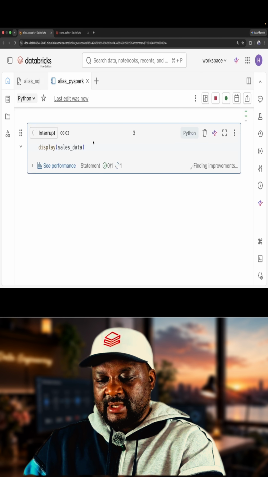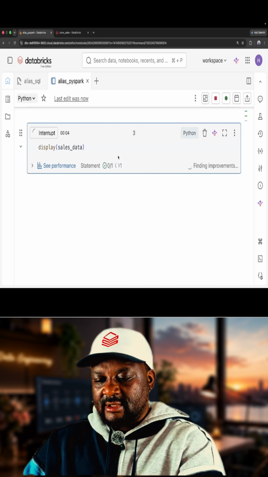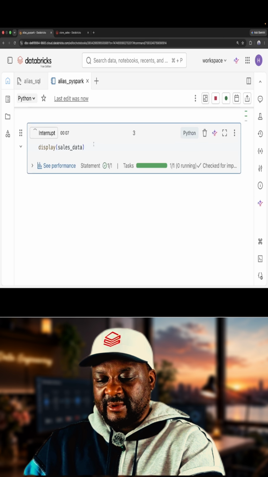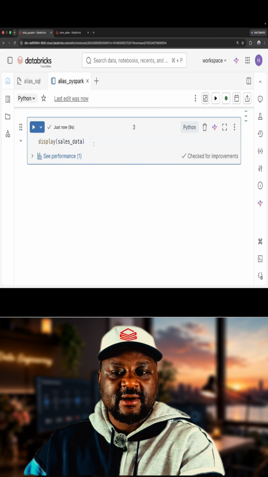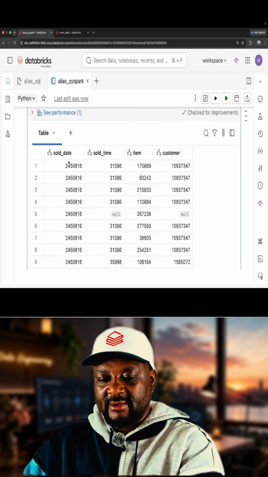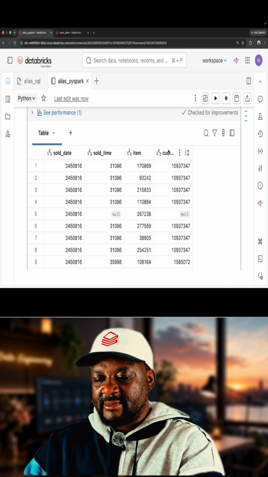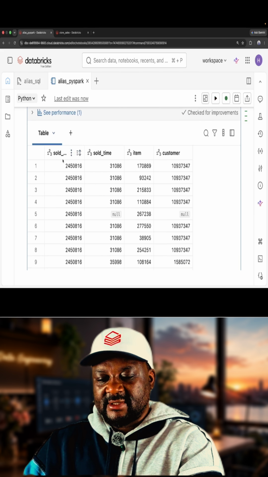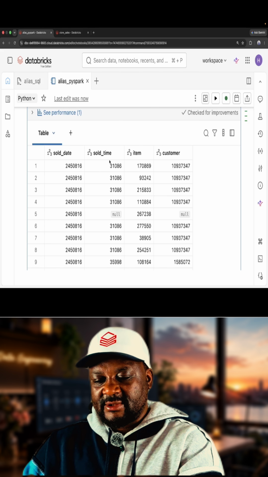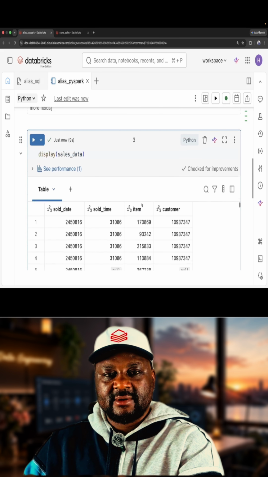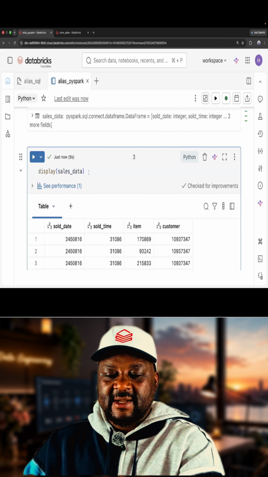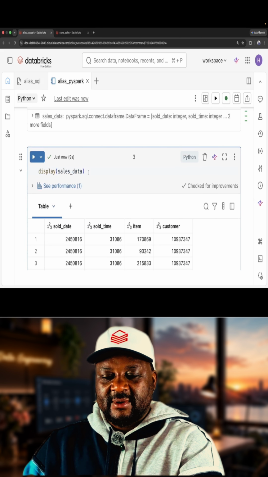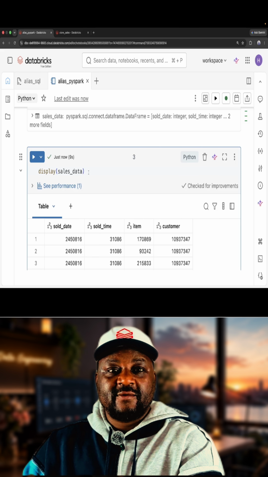The engine is running serverless, so it's going to read from the table and apply the aliases that we did. Great. So we can see the columns have been renamed. This is now sold date, sold time, item, customer. Great. So this is PySpark for you. Great. Nice. Let's move on to